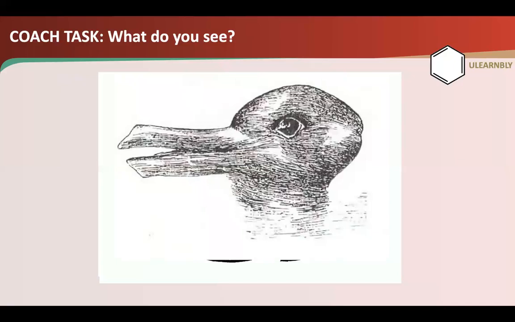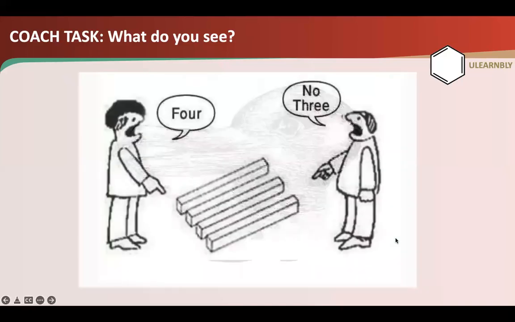Another 30-second task, pause the video, 30 seconds. What do you see? And write it down. After 30 seconds, it'd be interesting to see what you've seen in the image. Again, it's similar to previous images where you may see one animal, you may see 2, you may see a completely different animal to something else, or the next time you watch it, you see something else. So again, it's based around perception.